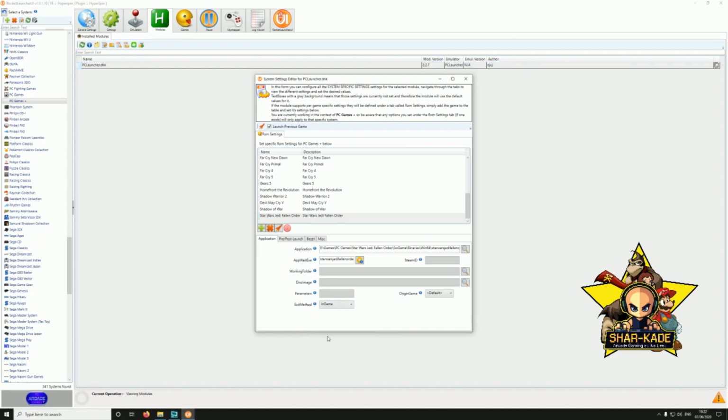Because it's a PC game, your exit method's always best to go change that to in-game. So your normal exit method, by hitting your left pinball or whatever button you've got mapped to your exit button, doesn't exit the game. You actually got to go to the main menu of the game, quit the game, and then it'll exit back to HyperSpin. So then we can go and test that game out now if we just click launch,